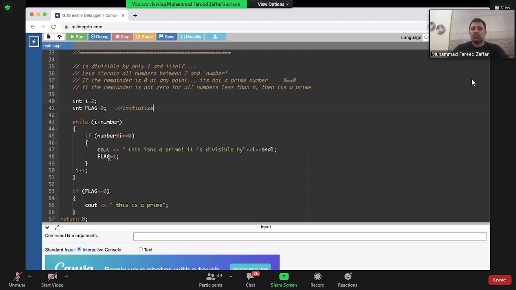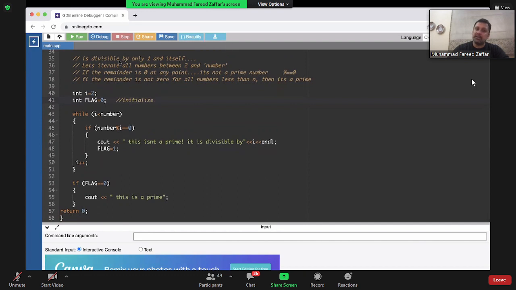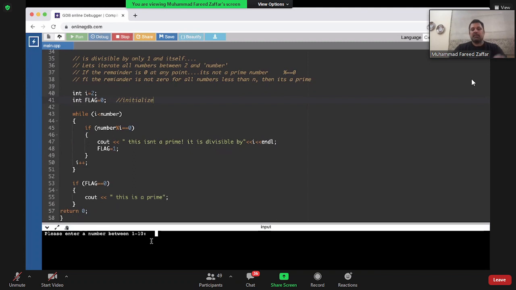और ये उसी सूरत में 1 होगा अगर कोई नंबर मिलेगा जो कि पूरा डिवाइड कर रहा होगा। So now I have kind of constructed something and it's a bit convoluted, but it kind of makes sense कि मैं सारे नंबर से डिवाइड करके देखूंगा। सो अगर मैं 99 एंटर करता हूं, so 99 I know is divisible by 3, it's divisible by 9, it's divisible by 11, so it should not be a prime.